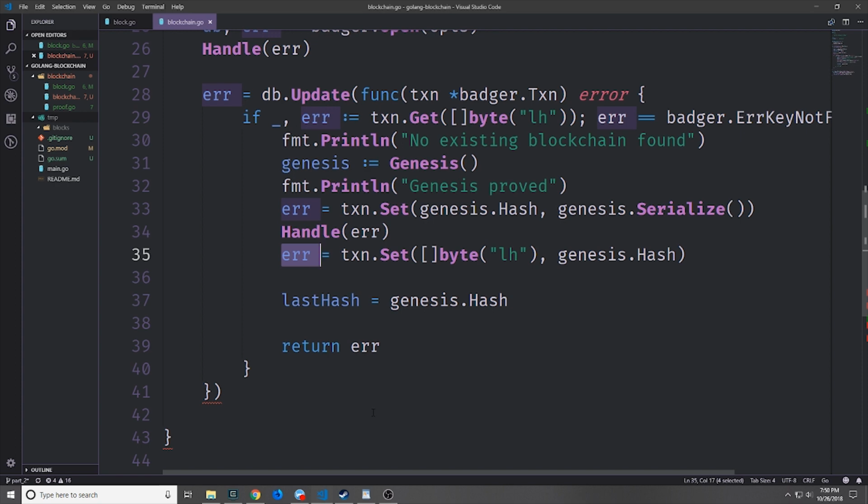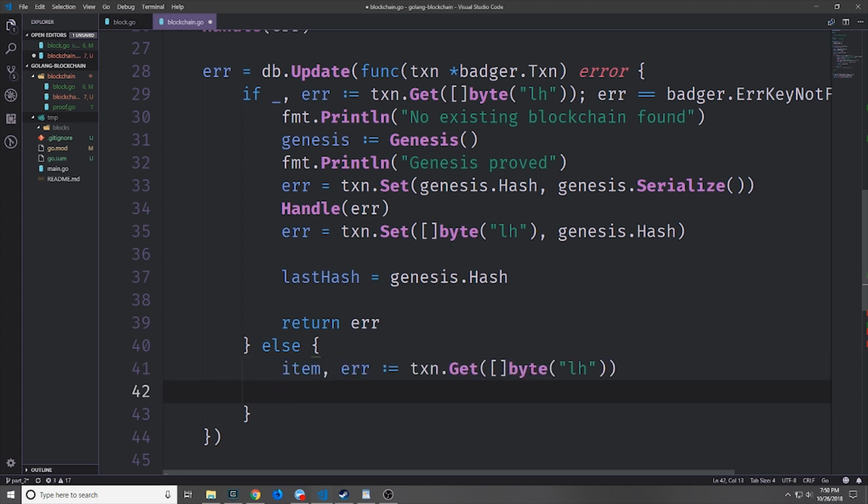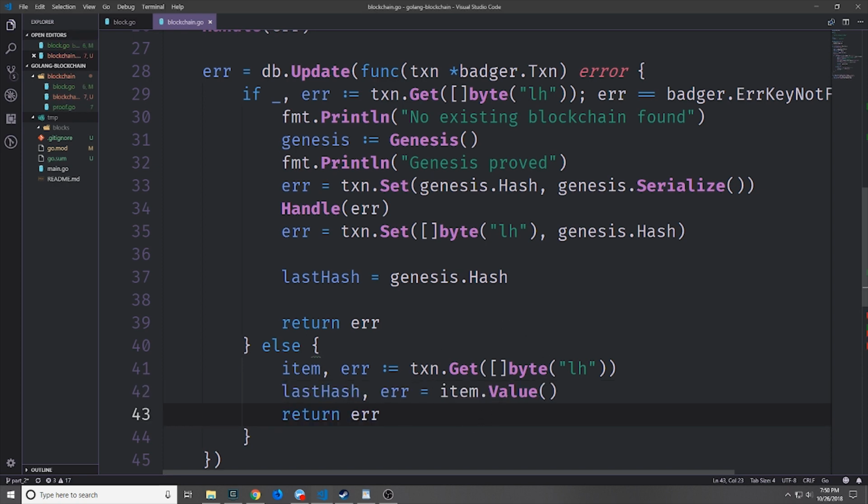DB update function. Now, as I mentioned before, if we already have a database, and if that database already has a blockchain inside of it, we want to do some other things. Namely, we want to get the last hash from that database, and we can do this by calling transaction get on the key that we stored the item at, which is the LH key. This will give us a pointer to an item struct and an error, and then we can call item.value